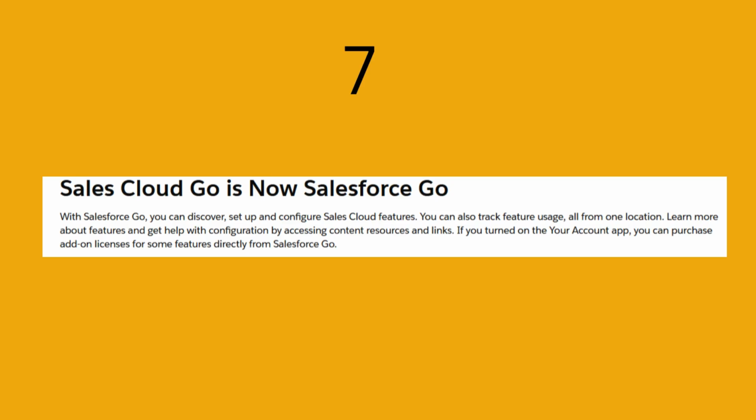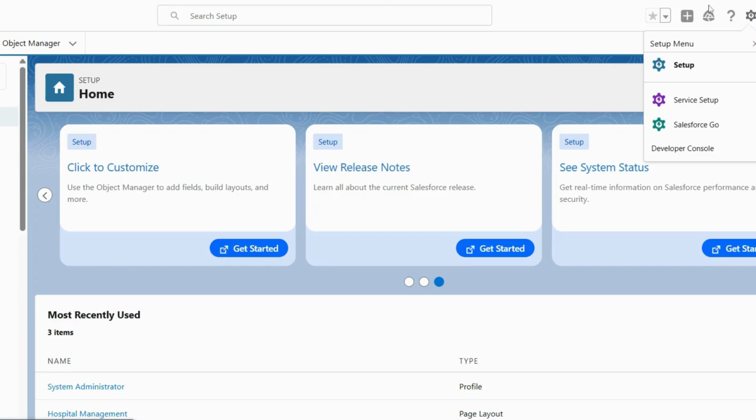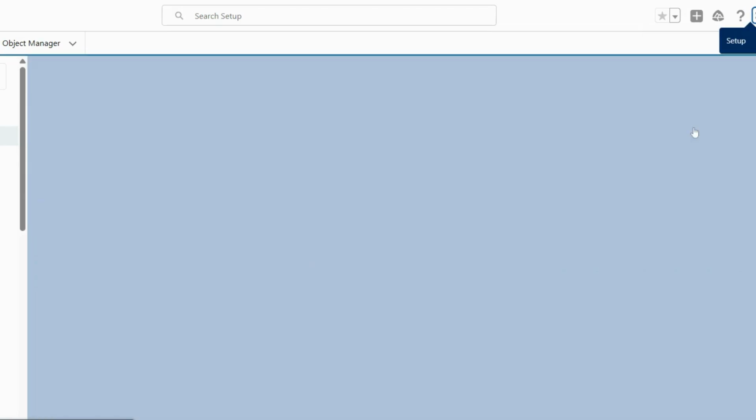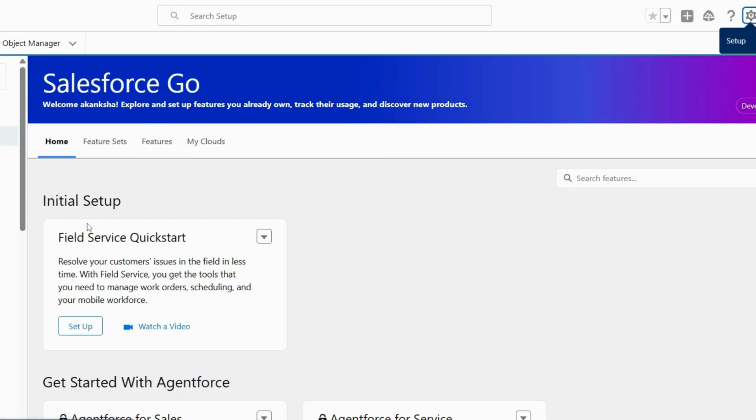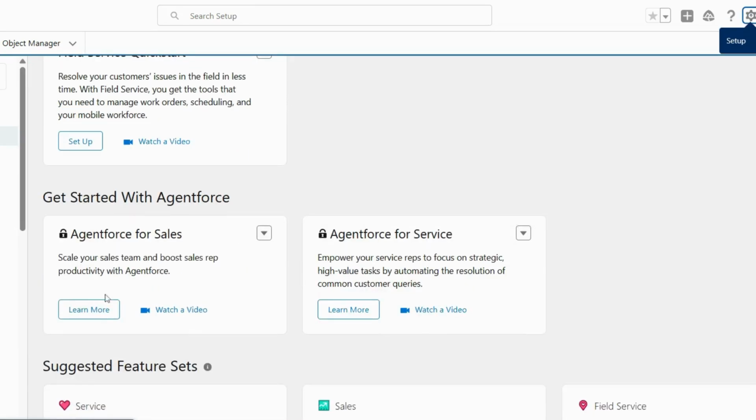For the next one, we can see that Sales Cloud Go is now Salesforce Go. So it's just a name change, a label change, and the rest is similar. Let's go to Salesforce Go. We can see here it's just the label change, and the rest of the things are the same. We can see the home option, and how we can start with Agentforce.